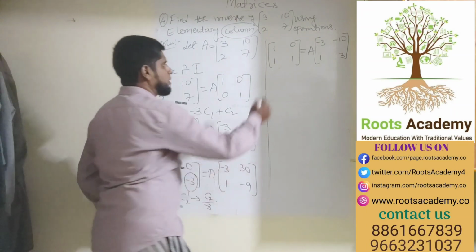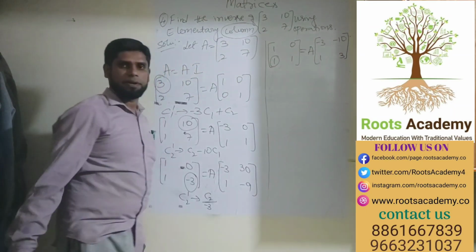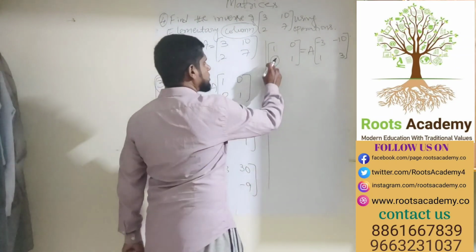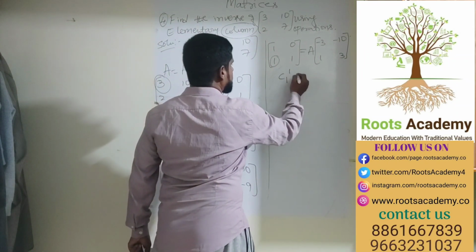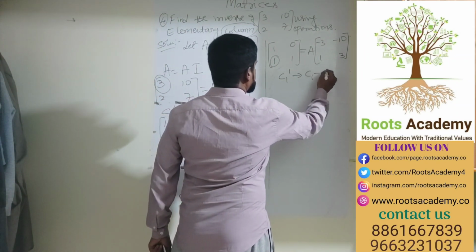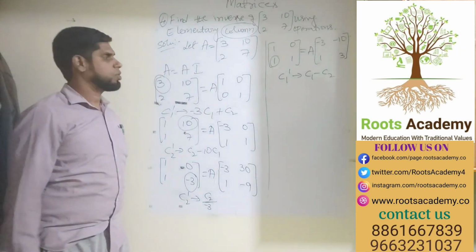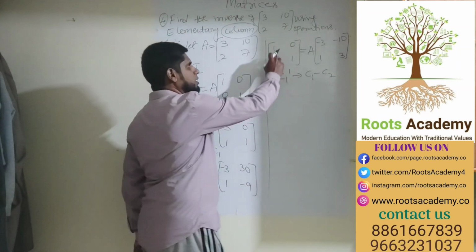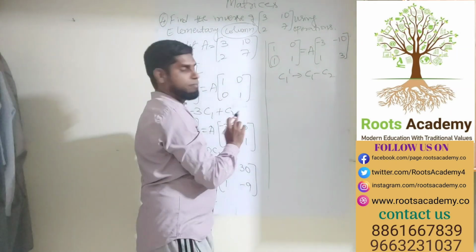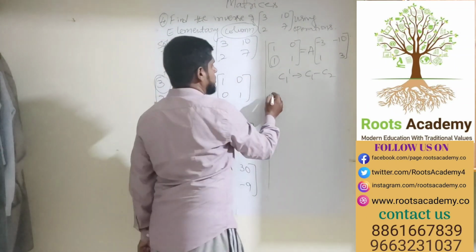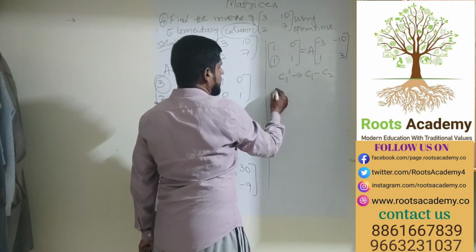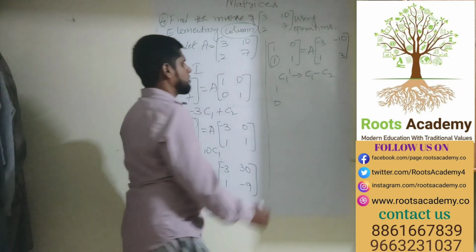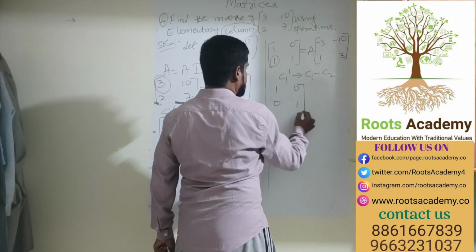Now student, my target is this last element. In place of this one, I need 0. So this is in first column. So the best transformation is C1 dash changes to C1 minus C2. Because this is also 1. So I can subtract these two things. But remember that other element should not change here. Because this is the last element. So 1 minus 0 is, it's 1. 1 minus 1, it's 0. Okay. Now, second column as it is 0 and 1.